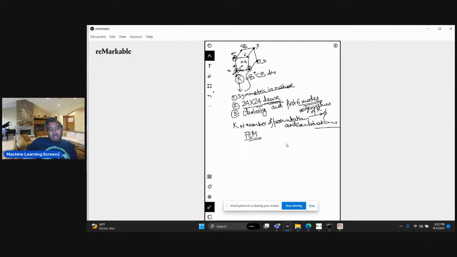That computation using finite element can actually be replaced up to a very close approximation using machine learning. So you will create these synthetic K matrices as a function of change of position of nodes of that particular element, or material property of that particular element, and you will create this huge database